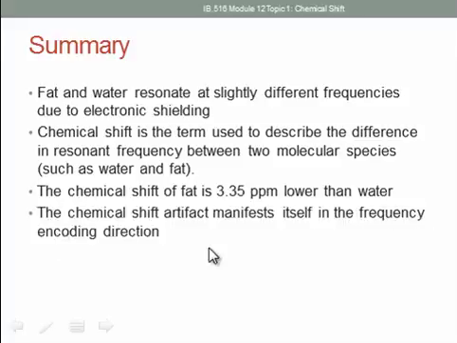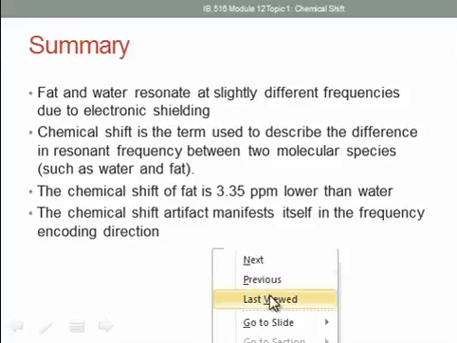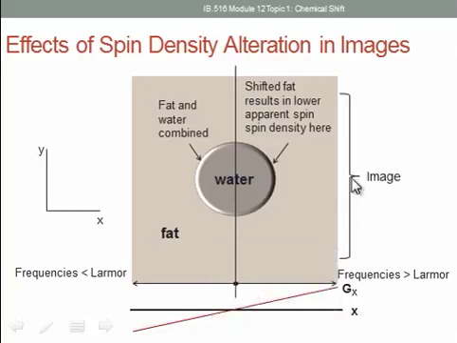Again, the chemical shift artifact manifests itself in the frequency encoding direction. So let me go back. Now, if we had done frequency encoding along the y-axis, then the bright band would be at the top or bottom, depending upon the polarity of the gradient in the y-axis. Okay, so now let's think about the x-axis. If we change the polarity of gx, the bright band would move to this side and the dark band would move to this side. I meant to mention that before, but since I reminded myself during the summary,